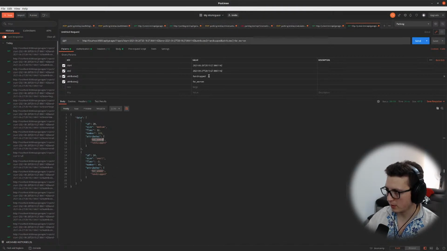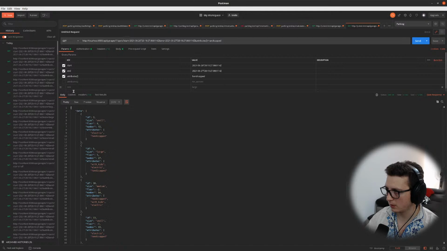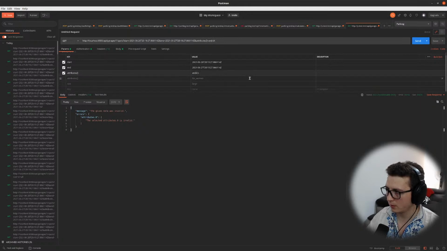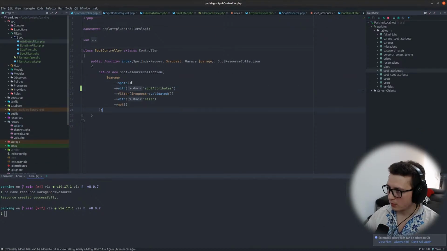Great, so we pass handicap, time for women, and we get only this. Let's see if we pass only handicapped. Great. And let's pass one that doesn't exist. And that is correct. And let's just remove this one. Cool. Now this endpoint is already flexible, and it has the filtering functionality, so we knocked that